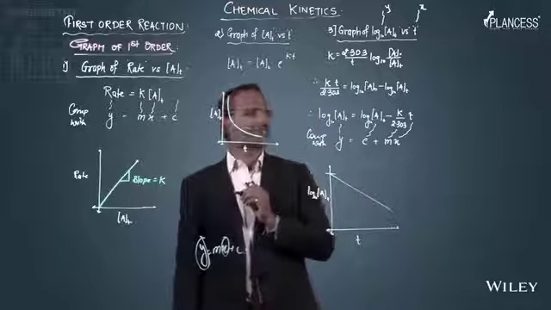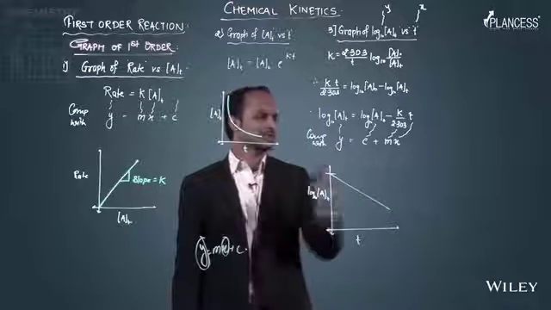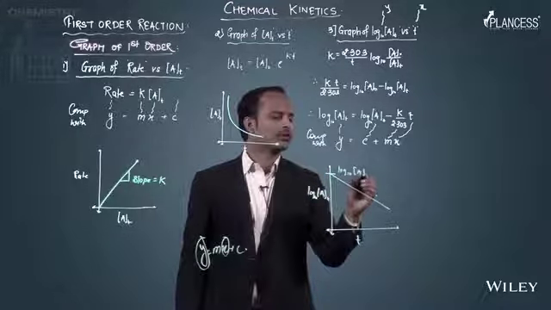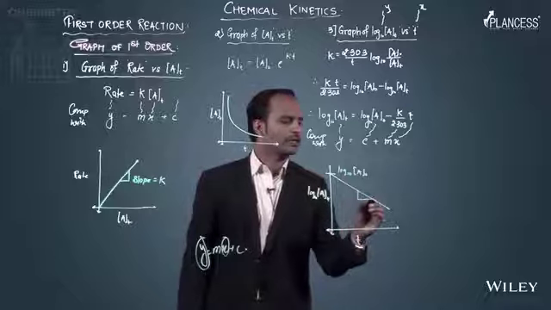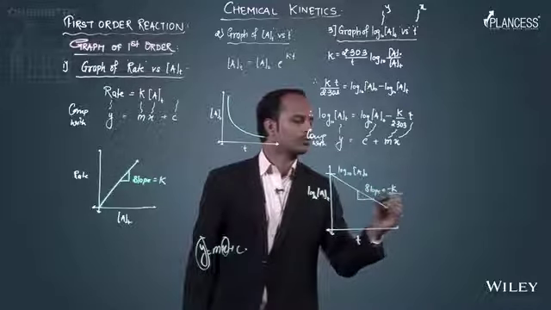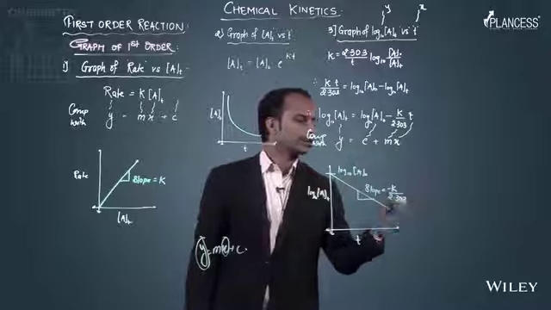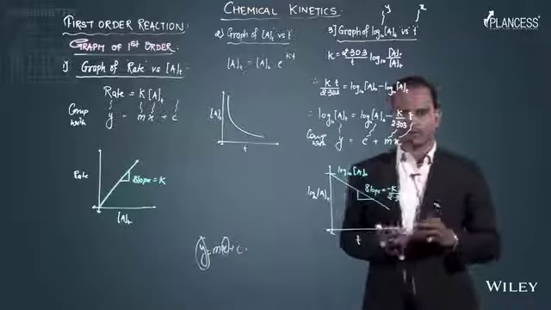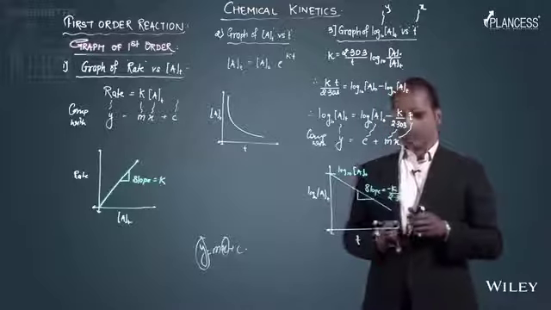The point where the graph is intersecting the y-axis will give you the value of log to the base 10 a naught. If I calculate its slope, the slope is going to be minus k upon 2.303. That is, the slope is negative. So we have this third graph for the first order. Now the fourth,